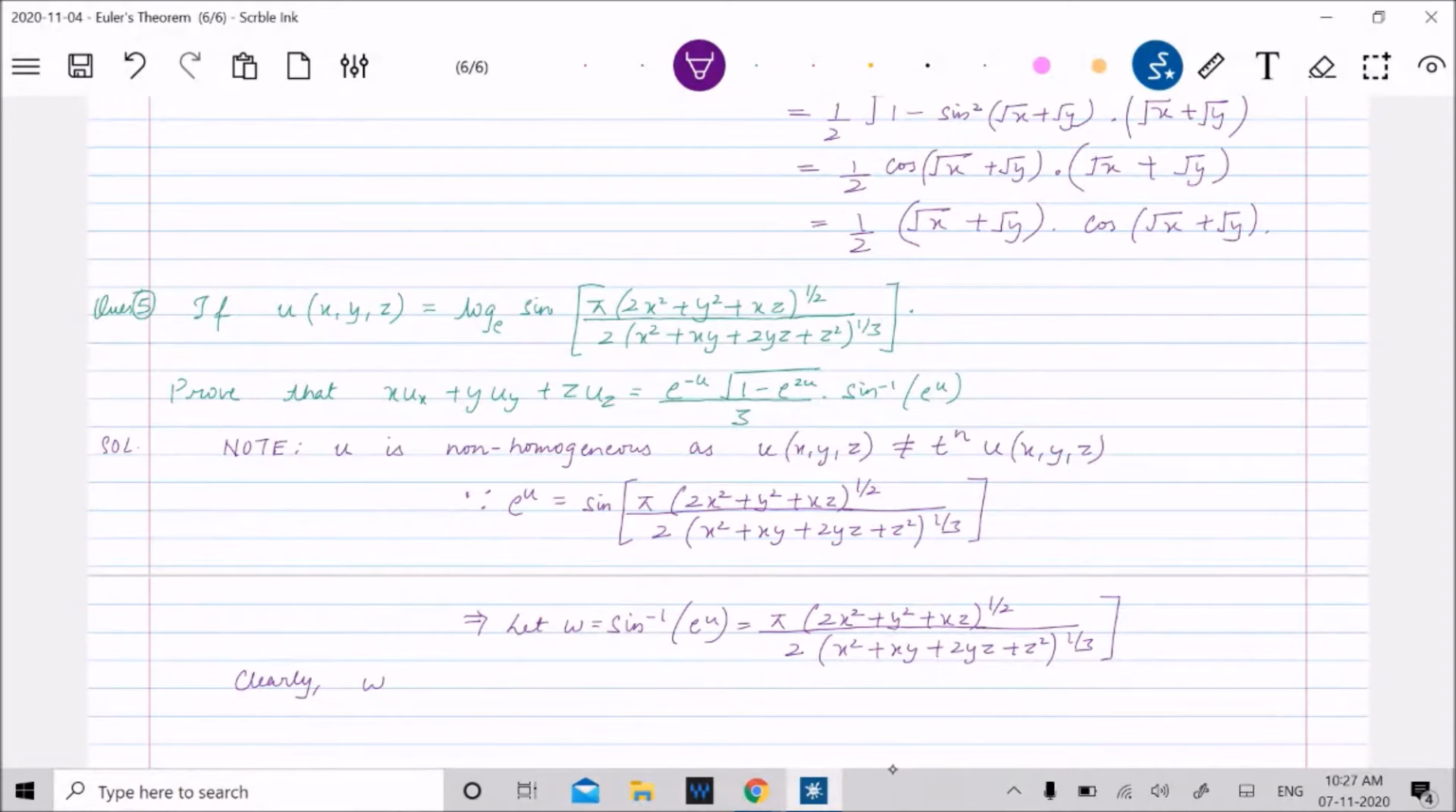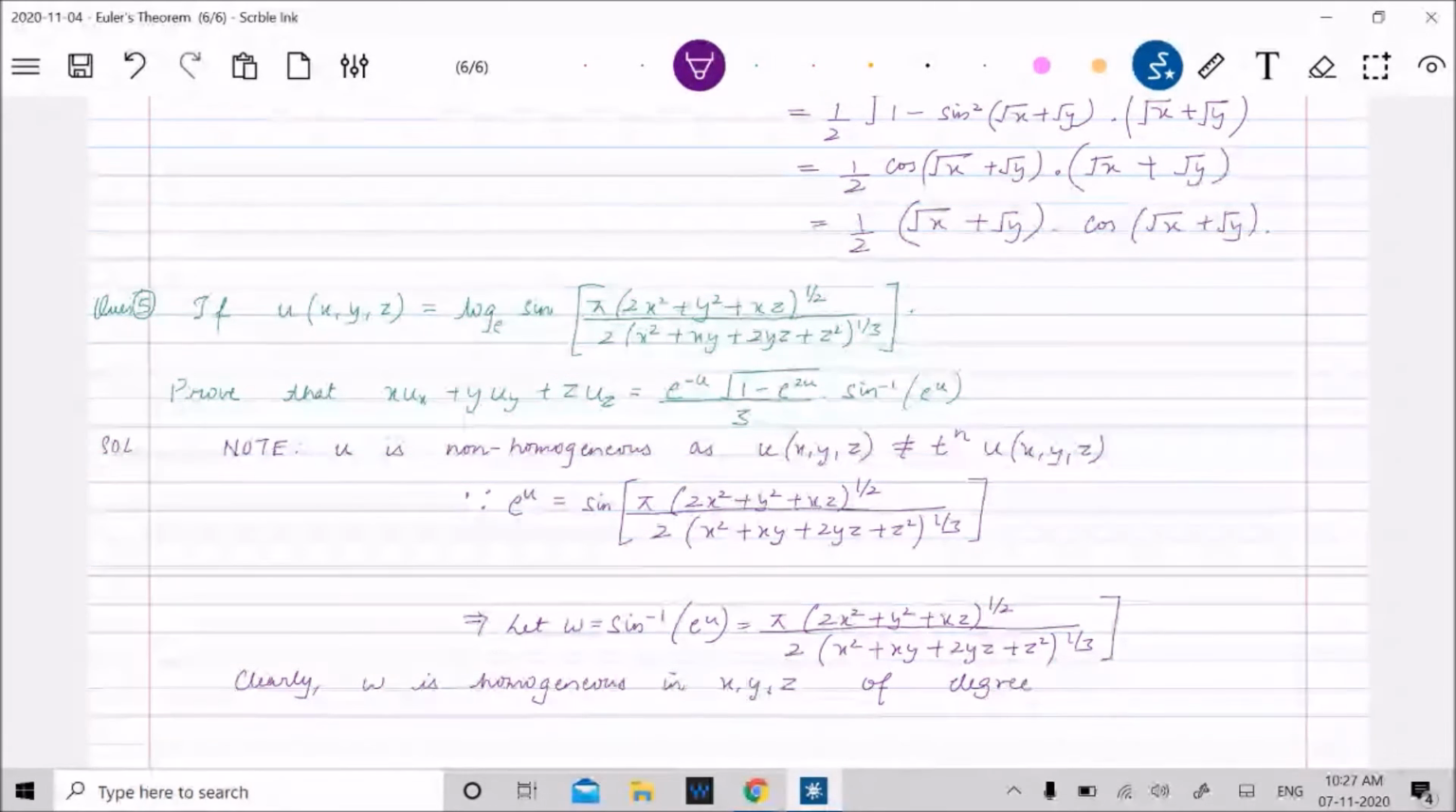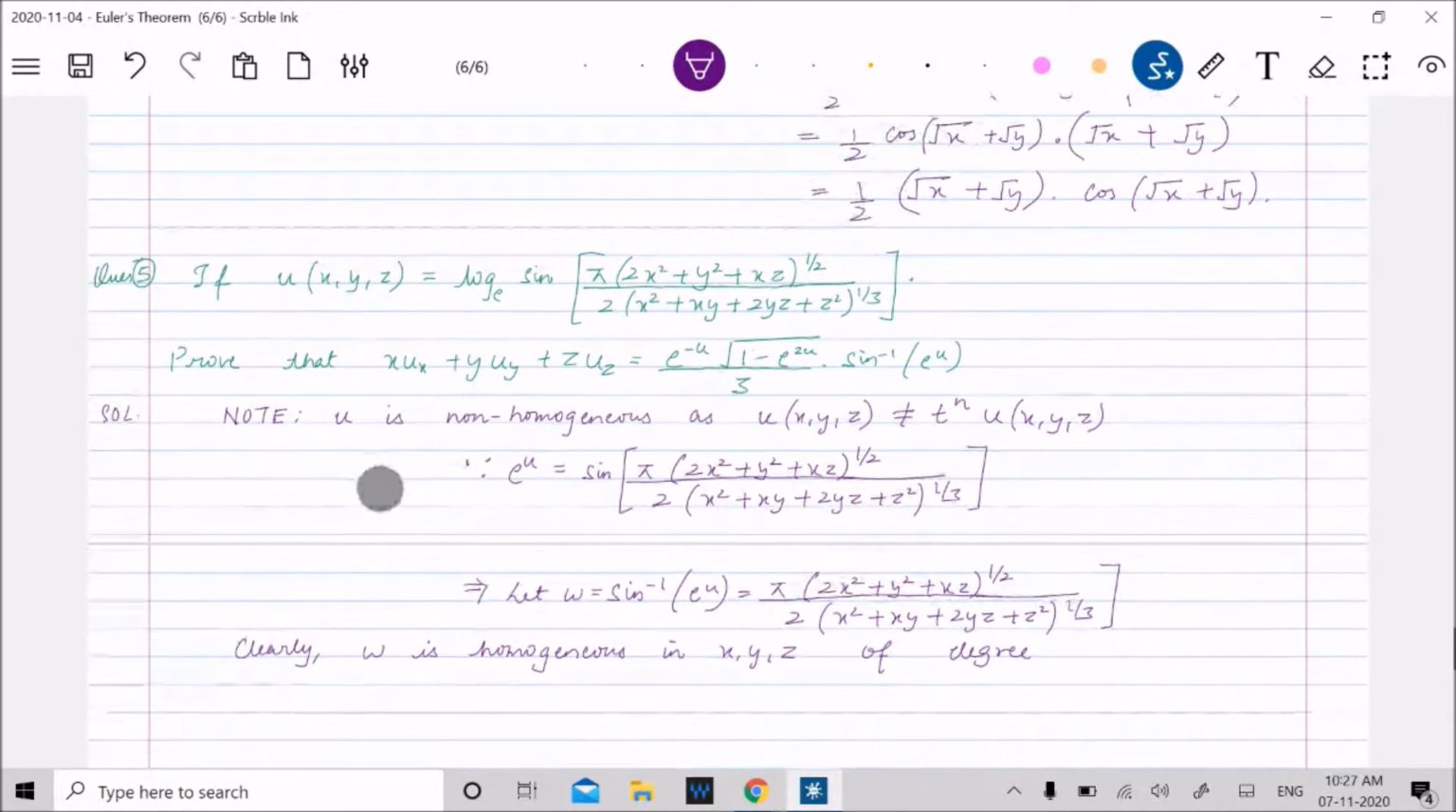Clearly, w is homogeneous in x, y, z of some degree. Can you find the degree of this? If you find it directly, you will see that the degree of this polynomial in three variables is 2,